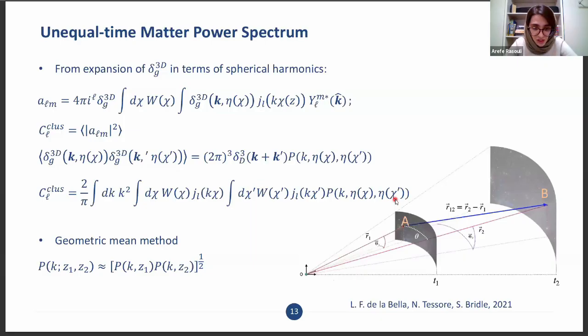In previous calculations, we used the power spectrum derived from the correlations at equal time. However, what we observe on the sky reflects our past light cone, as shown here. When we calculate the correlation between points A and B, the structure can evolve between them. This means the correlation is not at equal time. Therefore, we can extend the earlier theory to derive a formula with a time-dependent power spectrum here. We also use the geometric mean method in order to approximate the time-dependent power spectrum and simplify our calculations.